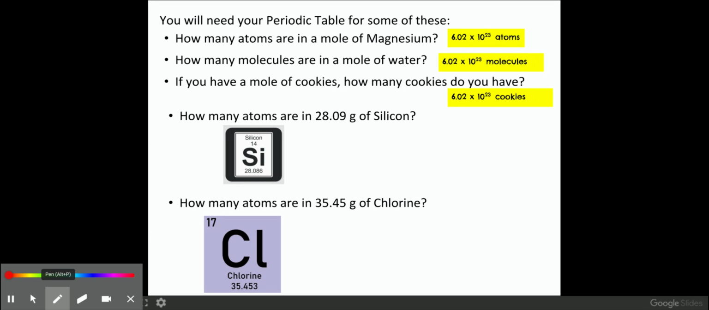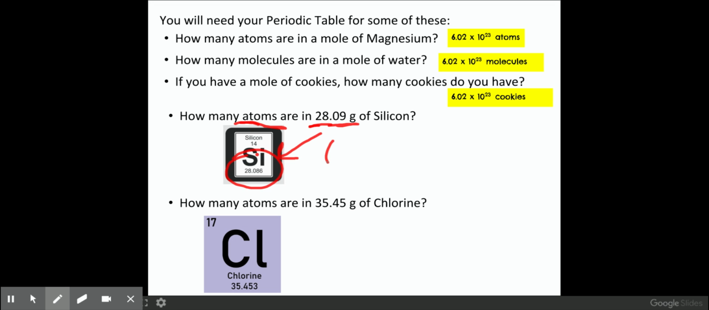Okay, the next few questions are worded just a little bit differently, but they're very similar. So this is showing me how many atoms are in 28.09 grams of silicon. The first thing you're going to do is think about that it's asking you how many, keyword how many, it's counting, and it's giving you a mass. So we want to check that that mass represents the atomic mass of silicon, and if so, then